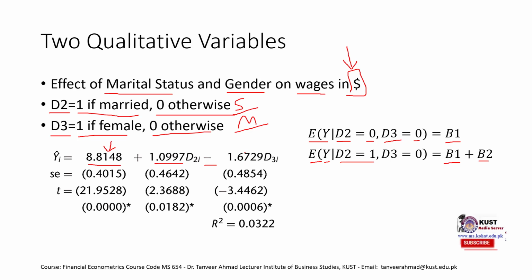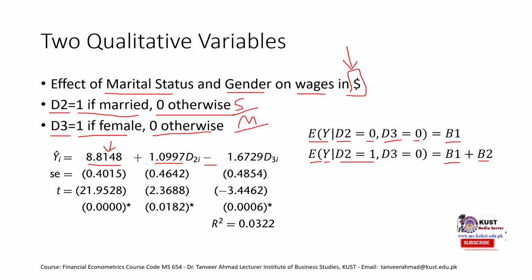would earn $1.67 lesser than male. Whether they are married or unmarried, this is the gender variable, so they would earn, it is unfortunate, but anyhow, they would earn $1.67 lesser than male. So if we found the expected value of a single male, then we found the expected wage for the